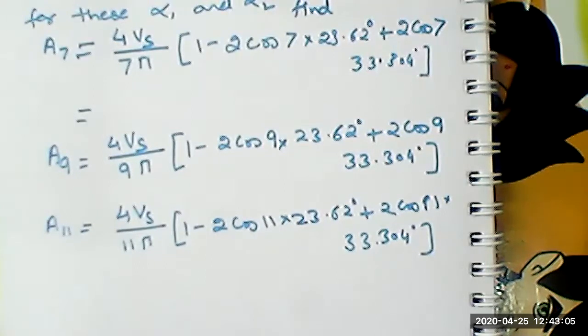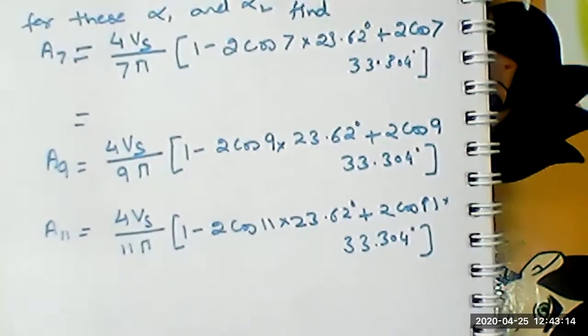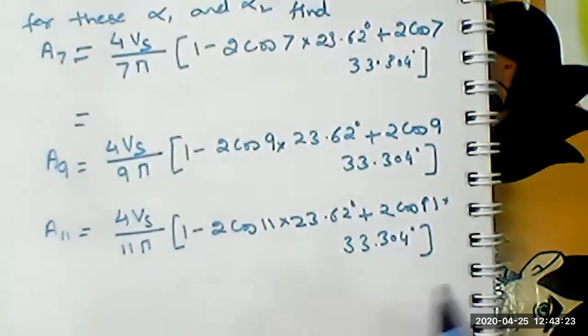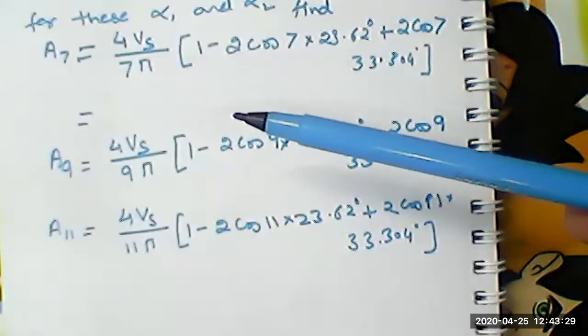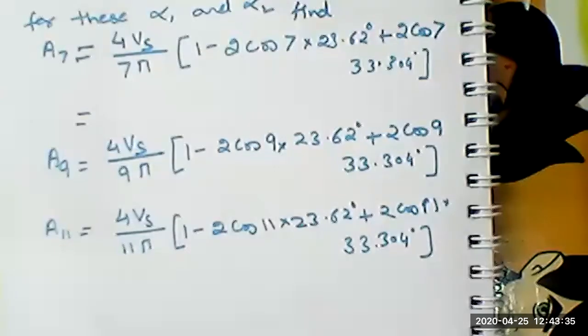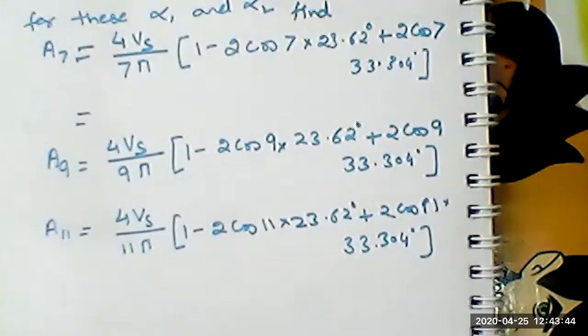Nishant and Prabhat, is my voice coming or not? Nishant and Prabhat. Prakash. Yes sir, my voice is coming actually. Yes sir, it is coming. So Prabhat, did you see? What is the value of A7? If someone does not have a scientific calculator... okay Prabhat. Divyanshu, maybe 2.06 Vs. No.